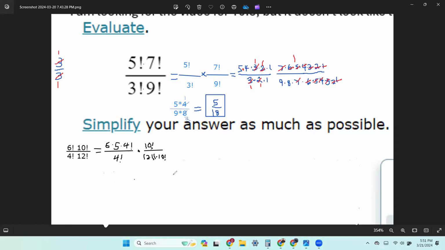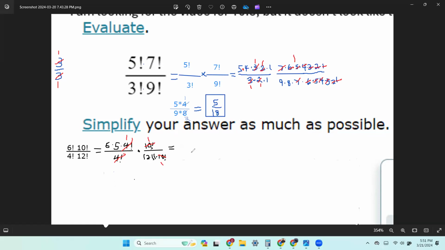Okay. So rather than just count all the way down to 1 like I did up at the top, this allows me to do a bigger number and not have to sweat it so much. So now these are gone in 1. So we're left with just 30 up top. Here, the 10 factorial and this 10 factorial take each other out. And in the denominator, we have